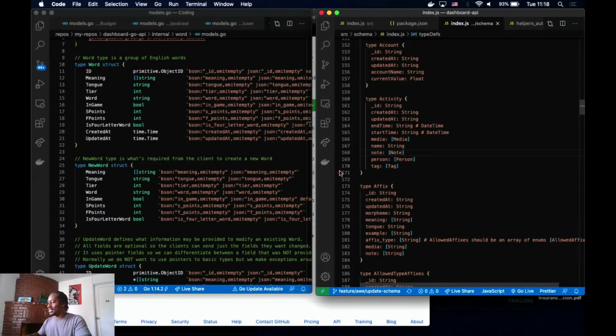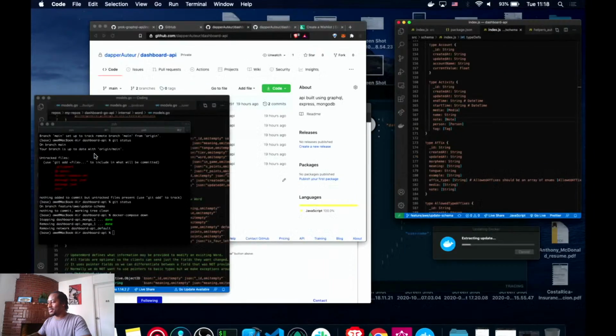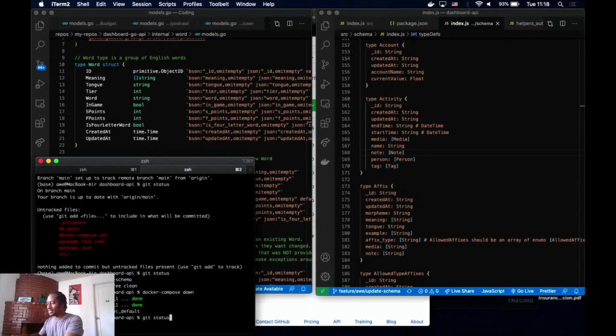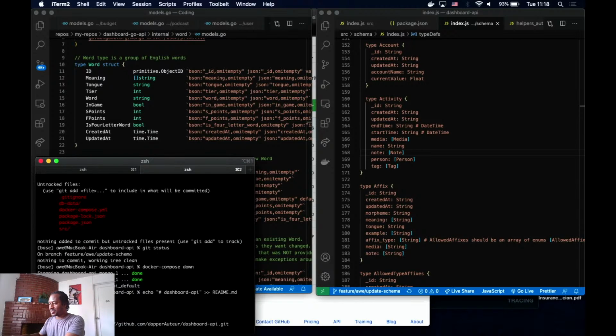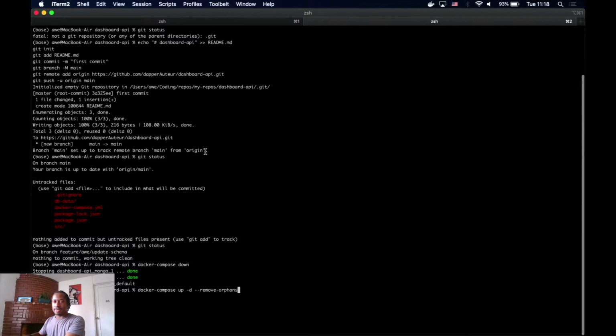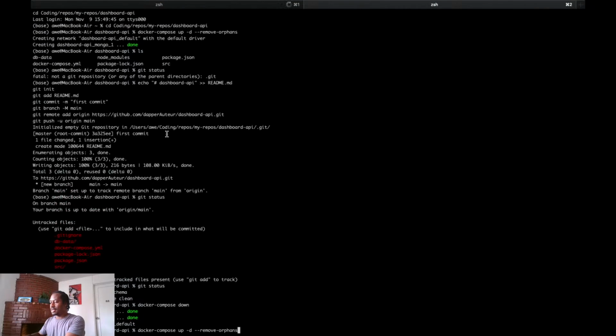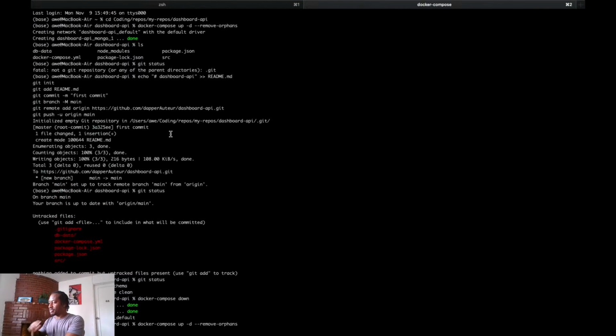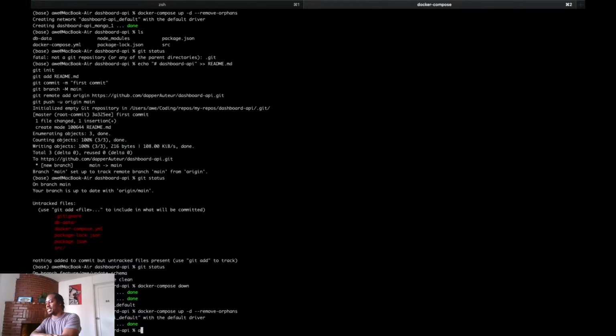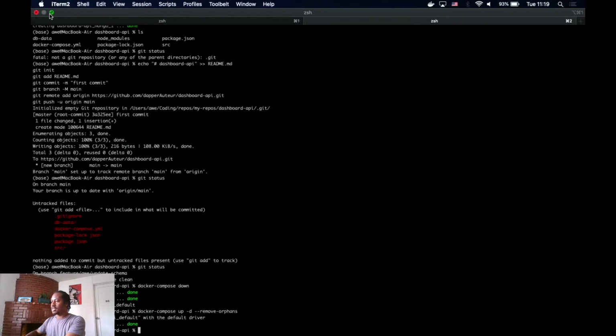Looks like Docker is done updating, so let's go ahead and get that running again. I don't know if y'all can see, just running the command docker compose up -d --remove-orphans.